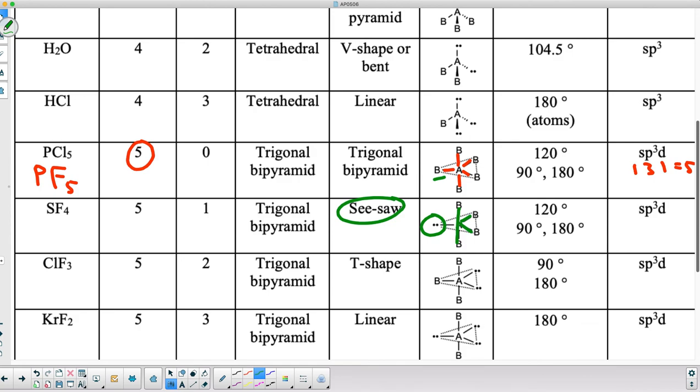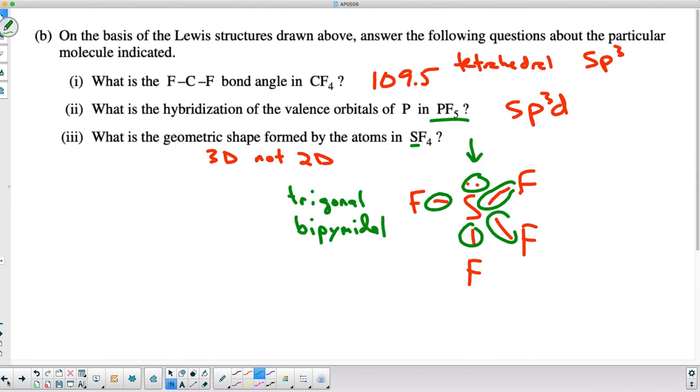So, if we're talking about what geometric shape is formed by the atoms, which means only the bonds, the correct answer would be seesaw, and I think there actually is a dash in between. So seesaw is the correct answer. Seesaw is a derivative, though, of the trigonal bipyramidal shape, where there are 5 things connected to the central atom. I'm going to stop there and continue on with the next